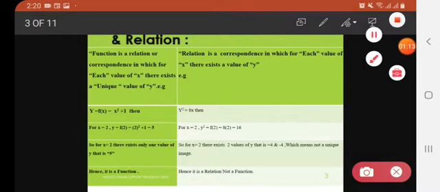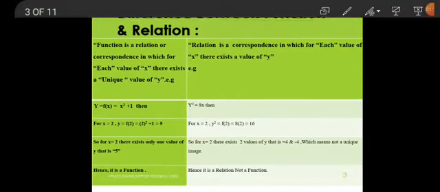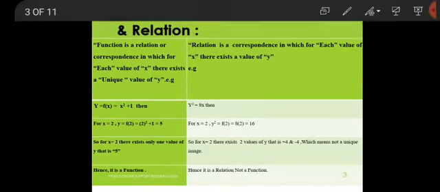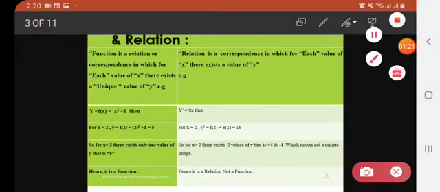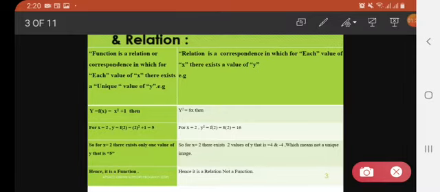So let us discuss this basically. Okay, difference between function and relation. You all know that every function is a relation. Why? Because function is a relation between two values or objects or variables, right? We have learned about this thing. So is every function a relation? Yes, every function is a relation, but a relation may or may not be a function. So this is what we have to discuss here, that a function is always a relation, but a relation may or may not be a function.